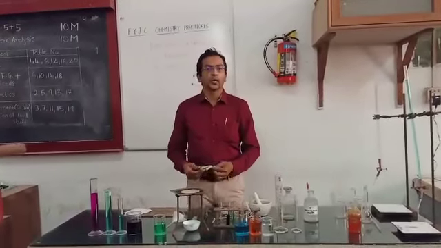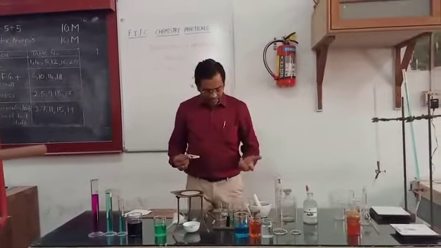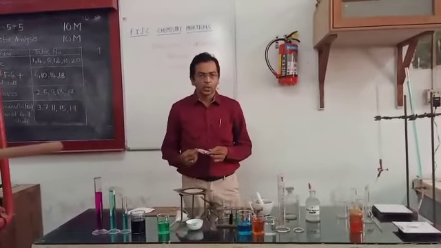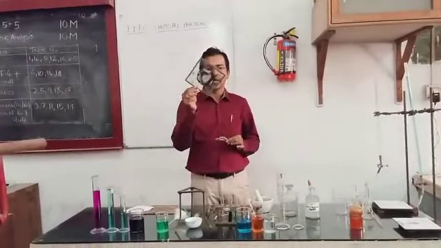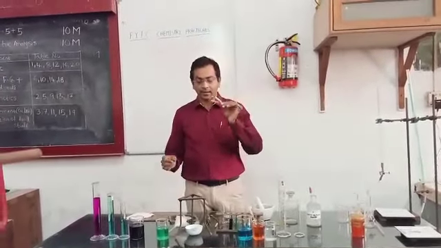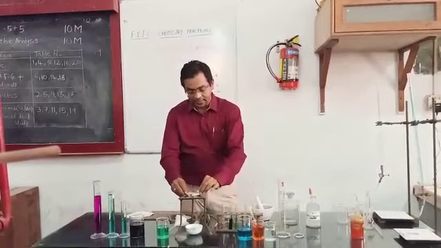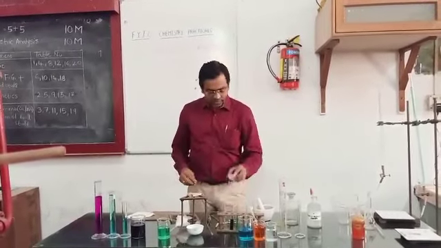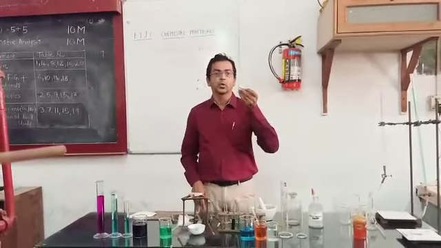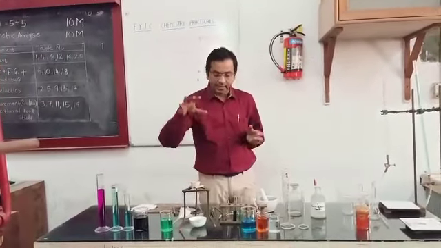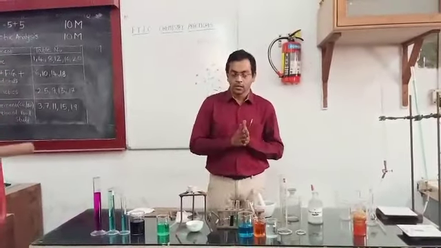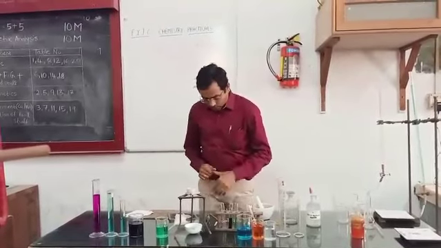Suppose you want to heat any substance directly, you can use this clay triangle instead of the wire gauze. We can keep this clay triangle on the tripod stand like this, and on that we can keep this crucible, where you can keep a compound and then directly heat it this way. Okay. Same way we use it in the chemistry lab.